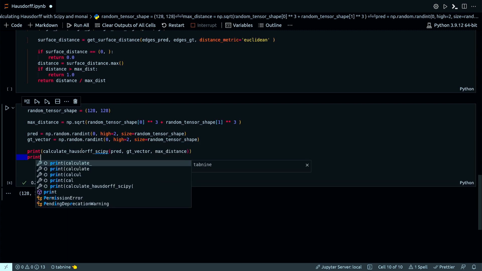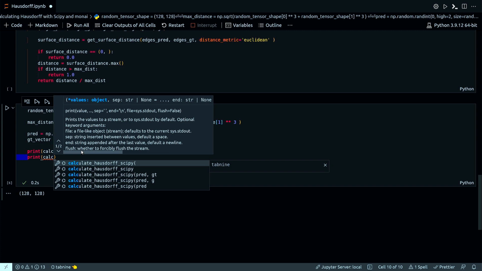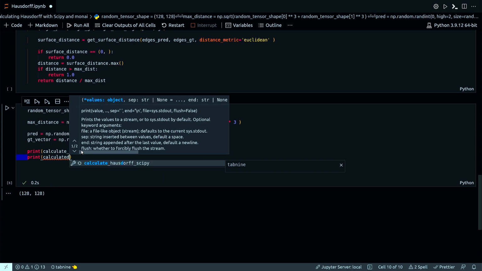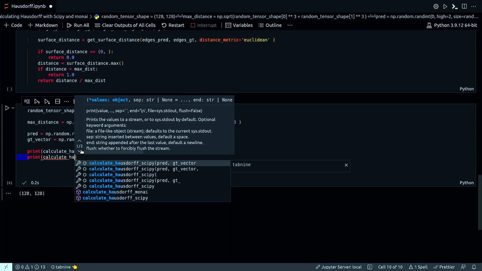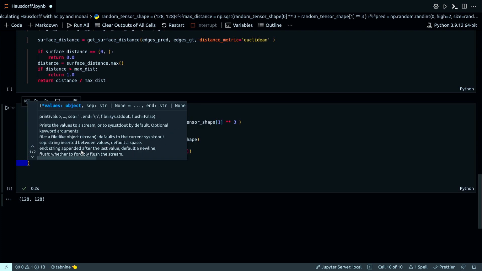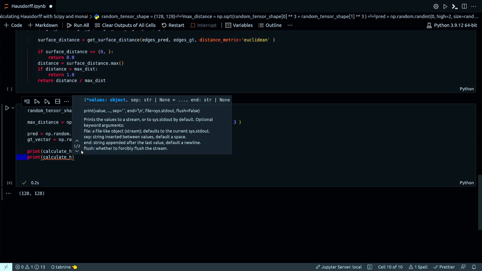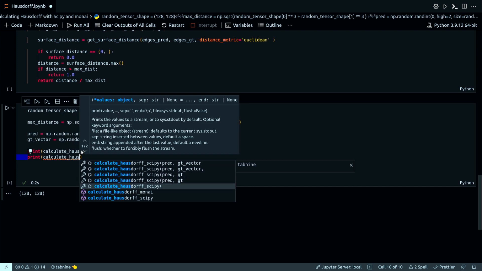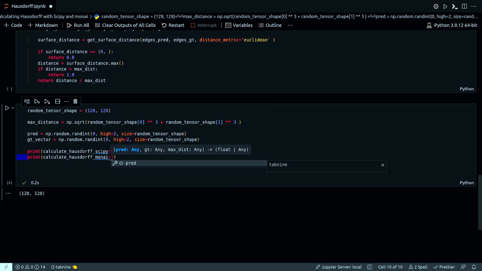Similarly, I do print calculate Hausdorff MONAI. Oops, sorry. To that I pass pred, then GT vector and max distance. And now if I print, that should give me